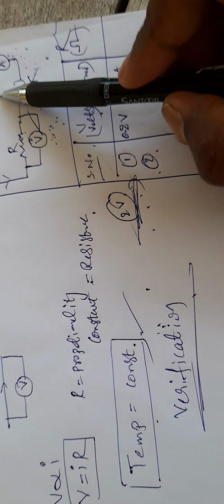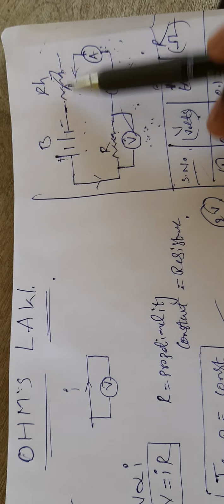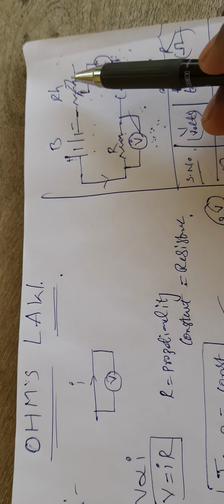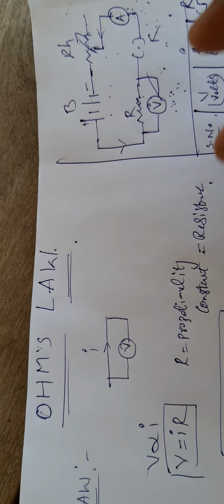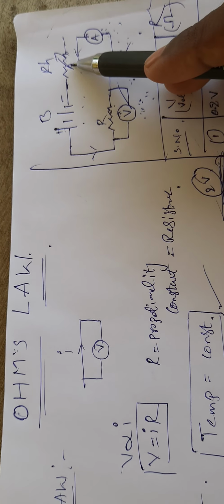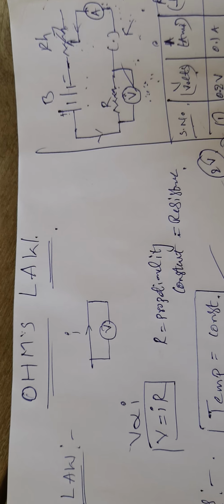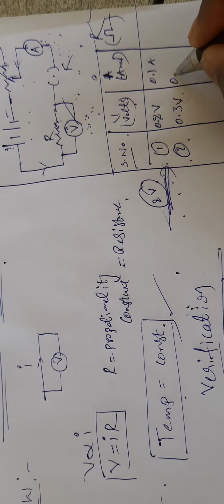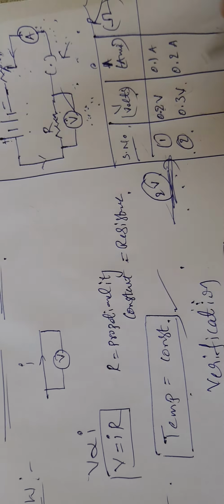Now what I am doing, I am decreasing the rheostat, therefore current flow increases in the external circuit. How can I decrease the rheostat? There is a jockey which slides. While you slide it to the other side, the value of the rheostat decreases, meaning resistance decreases, therefore the flow of current will increase. Now this will increase to 3 volts, slowly I am increasing. Now the current may increase to 2 amperes. Like that, these are the 2 values I have taken.